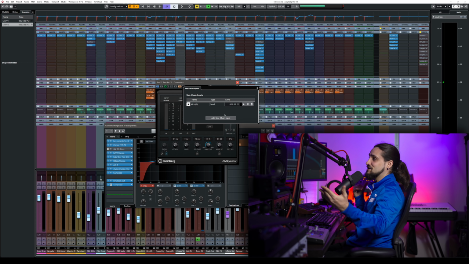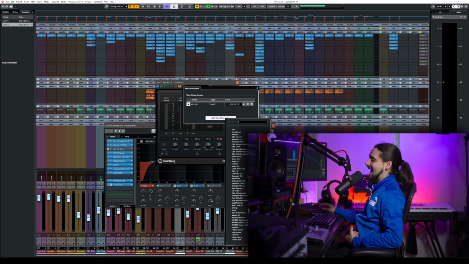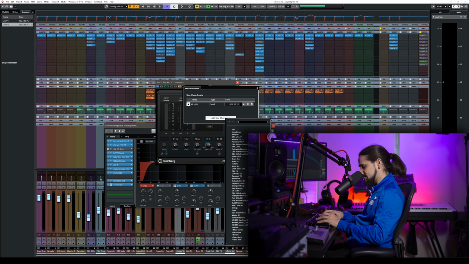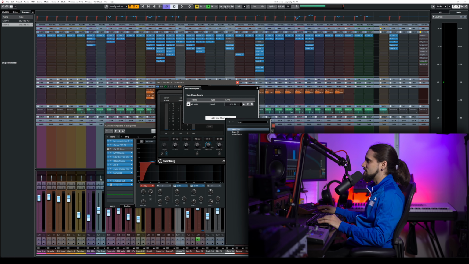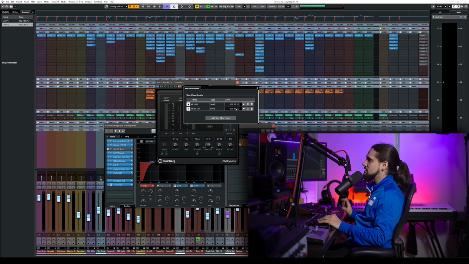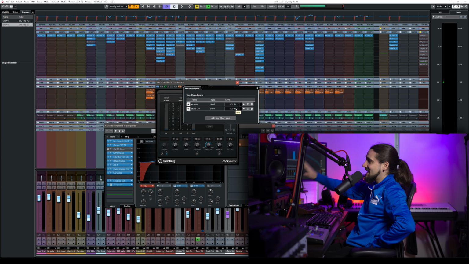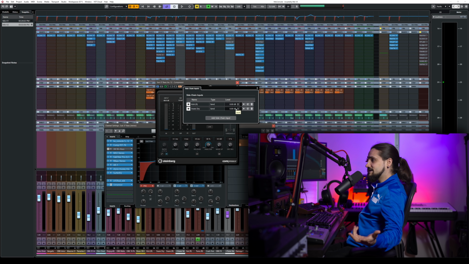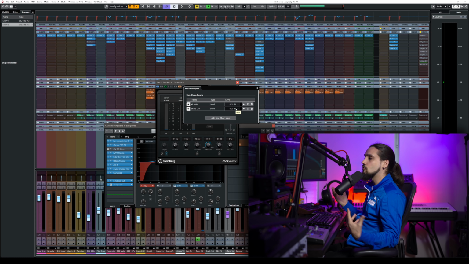Let's say you have 2 kick drums. You can go ahead and add another sidechain input. For example, let's find a snare. I'm going to sidechain with a snare as well. Okay, boom. There we go. 0, done. Now I'm sidechaining this bass to the kick drum and the snare with 0 effort.